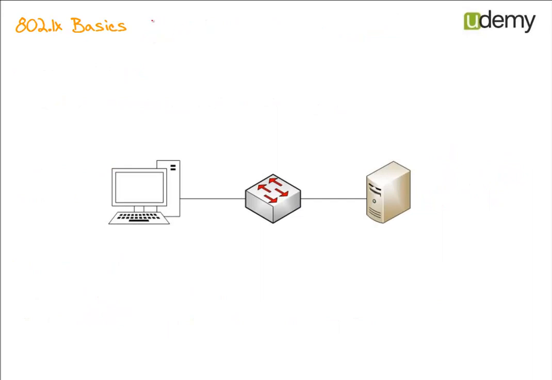802.1x has another name, and it is port-based authentication. With port-based authentication, you could authenticate your PCs or users before they can connect to the network. Let's have a review of its process. First of all, you should have software on your PC which is called a supplicant. This supplicant could be OS built-in, or it could be third-party software which you have to install on your PC, like Cisco AnyConnect. When the PC or the user tries to connect to the network,